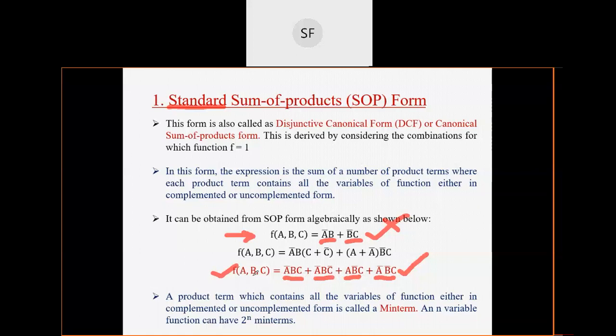If it were a function of 4 variables, then you would need all 4 variables in every term. Okay, but here on the other hand you can observe it was the function of 3 variables, but in each term there was one variable absent. So this is not your standard sum of product, but this is.